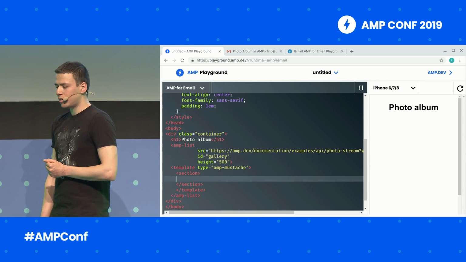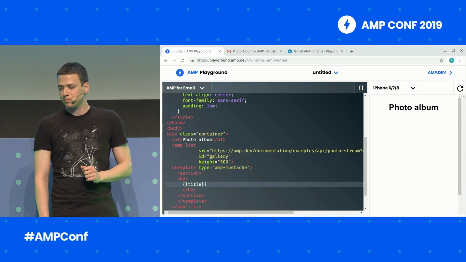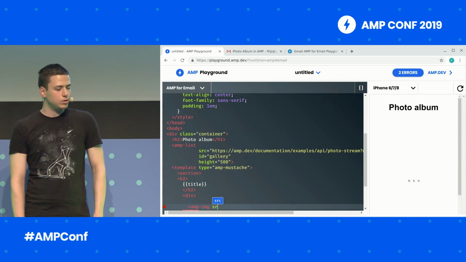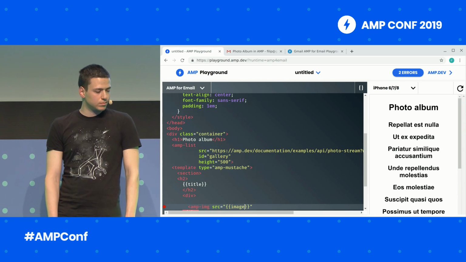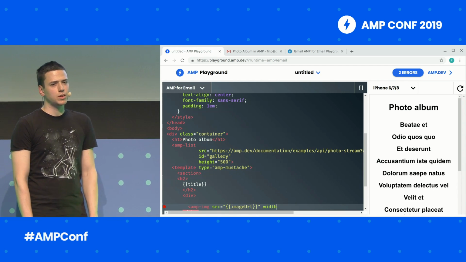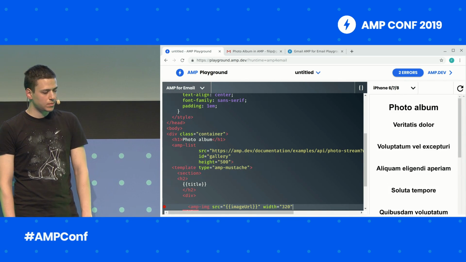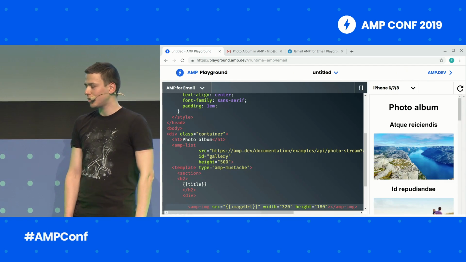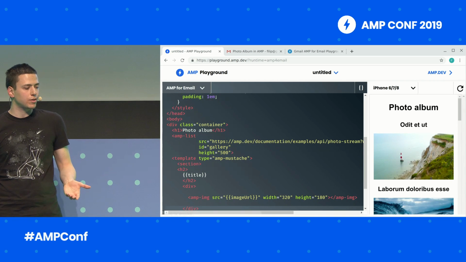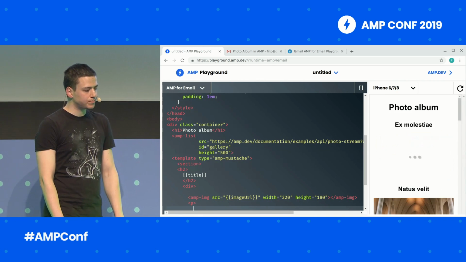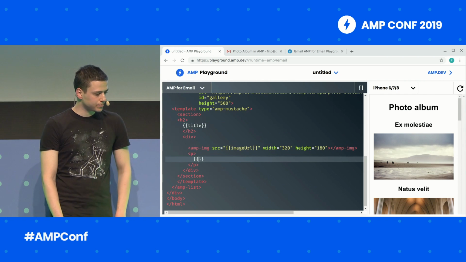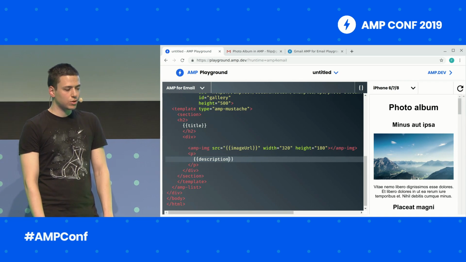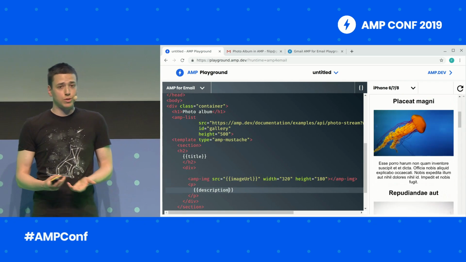So we'll put a section there, a title to it. We can wrap the rest of it in a div, put an AMP image, set the source. We're going to need width and height, of course. And as you can see, this is all being updated live on the right side. So we have some nice images here, and we just need to add the description as well. OK, this looks good. This looks like the original email we had, except this one is rendered using AMP list,